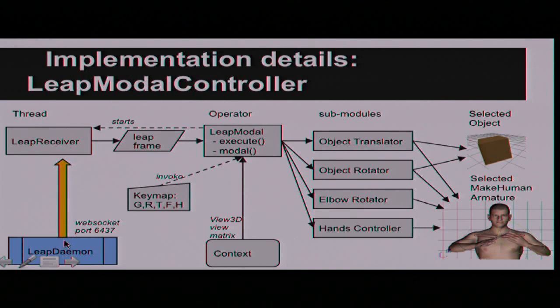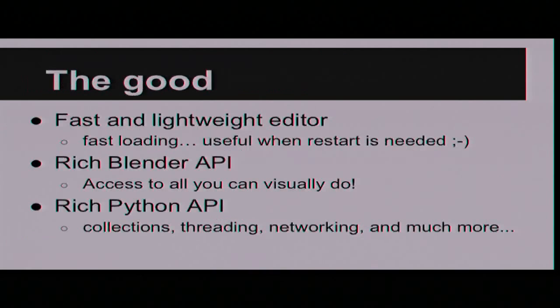This thread is taking the data from the Leap Motion software, which is installed on your machine. The frames, the information of the Leap Motion, are stored in a shared data structure in memory, and this operator is taking this information to derive, together with the orientation of the camera of the active viewport, the position and rotation of the object in space, or of the elbow. And this was not my desired architecture, but it's somehow a constraint I had to accept because of the limitations that I found in developing the plugins.